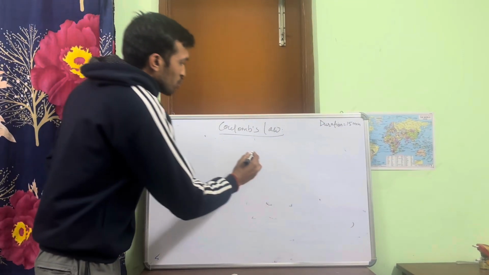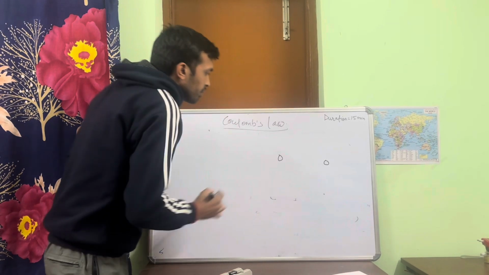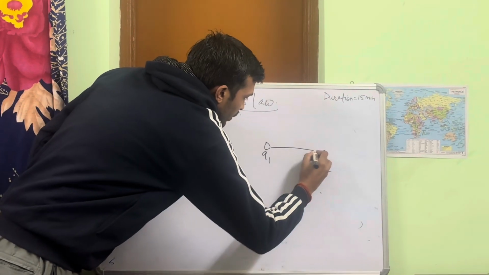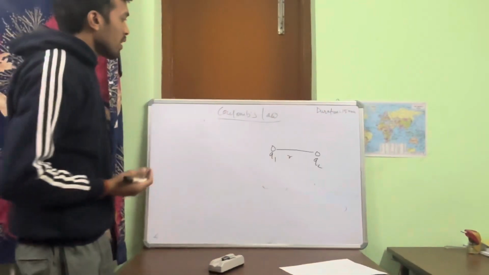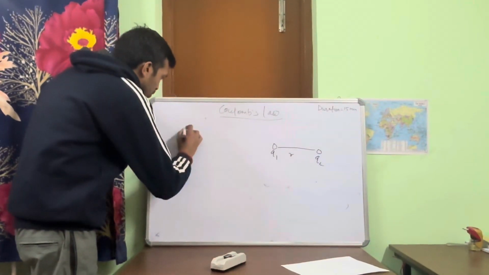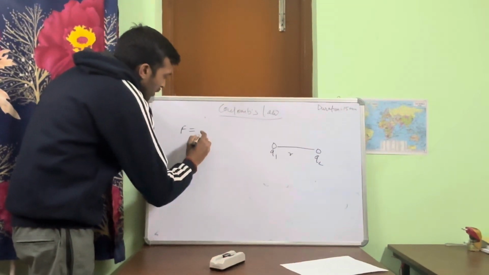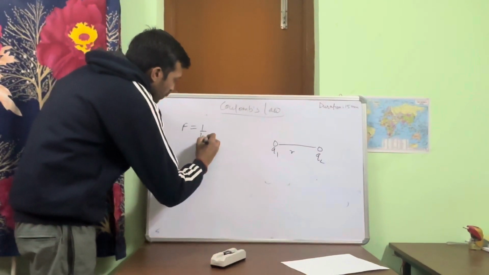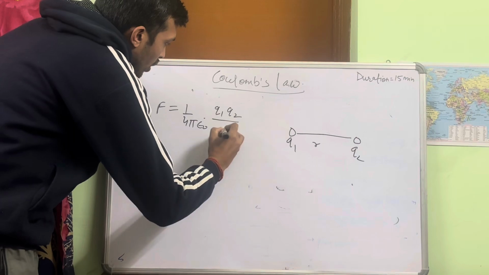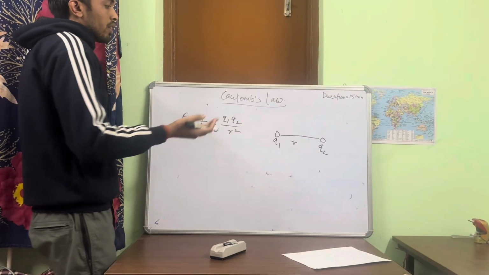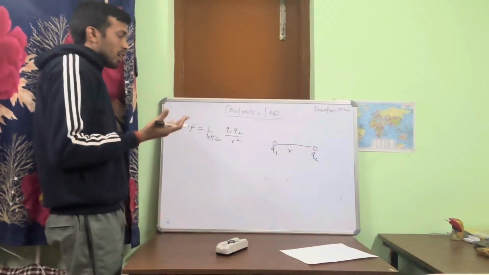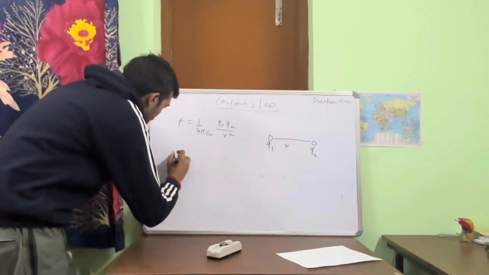If we have two charges in air, like Q1 and Q2, with distance R between them, kept in air medium, then the force is 1 upon 4 pi epsilon Q1 Q2 upon R square. If they are put in some dielectric medium having dielectric constant K, then the force will be like,